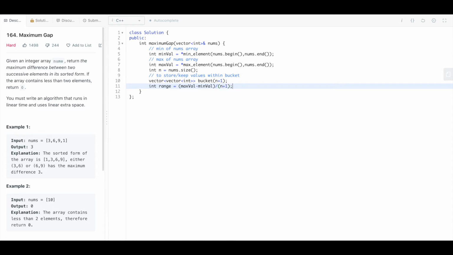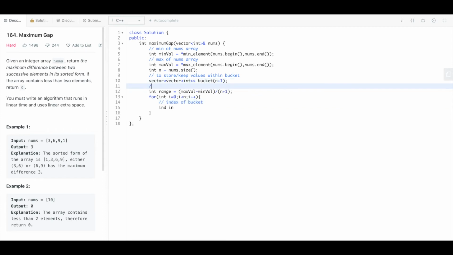So this will give me the bucket size, the size of one particular bucket, of how many elements we are keeping in one bucket. Now it is simple, we can just traverse through the entire array and assign the values. For assigning a value, first of all find out the index of the bucket.